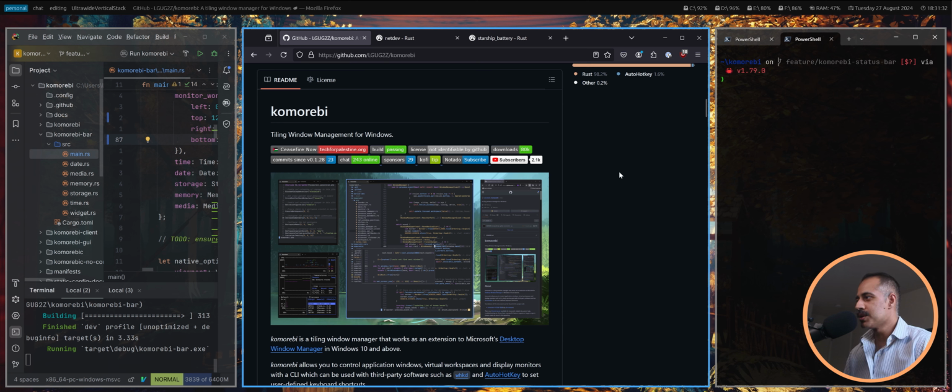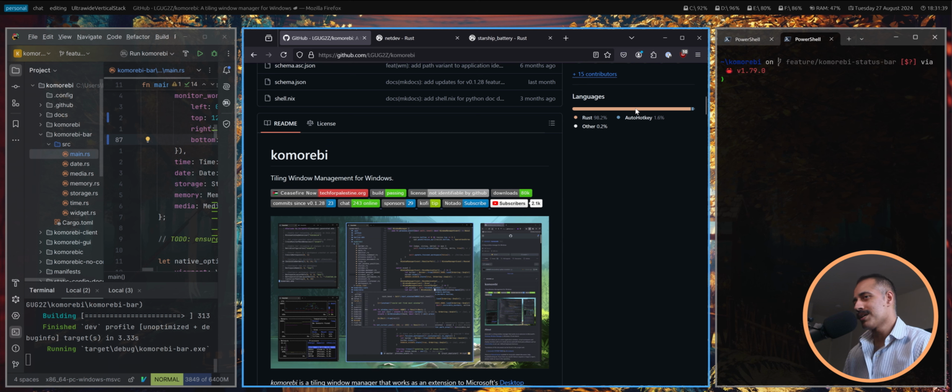In today's video, we're going to be doing some work on komorebi, the tiling window manager for Windows, which is written in the Rust programming language. Today's video is a continuation of our komorebi status bar mini-series. In this mini-series, we are building our very own status bar for komorebi in pure Rust, using the egui and eframe frameworks. So in the last video we did some performance optimizations, we brought down our CPU usage, and